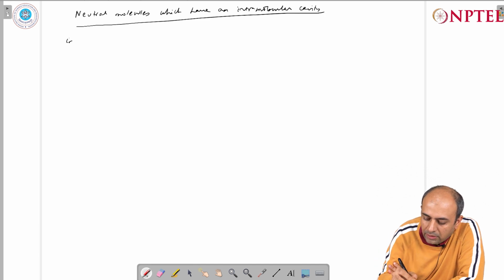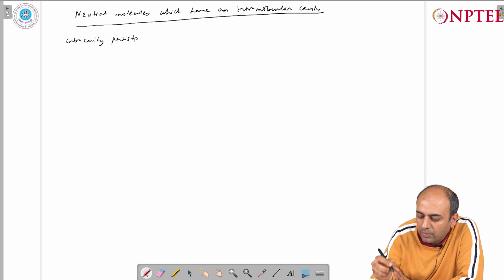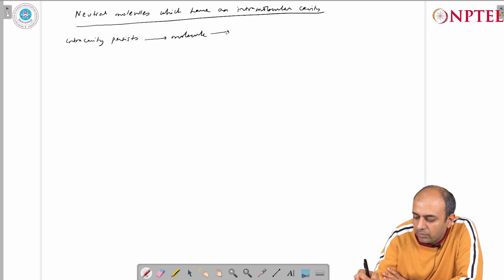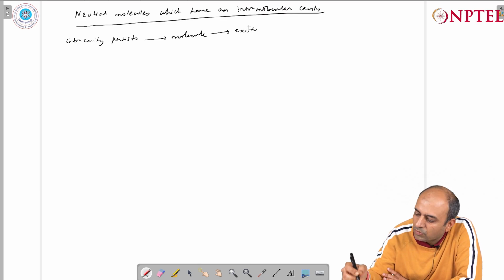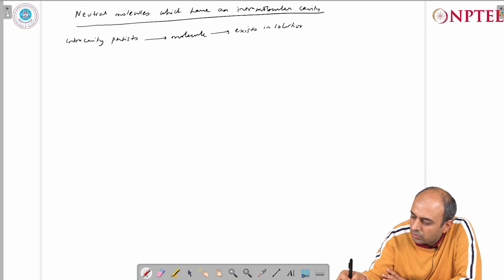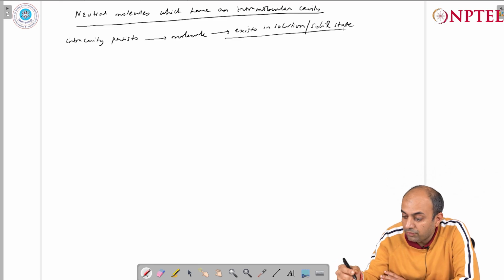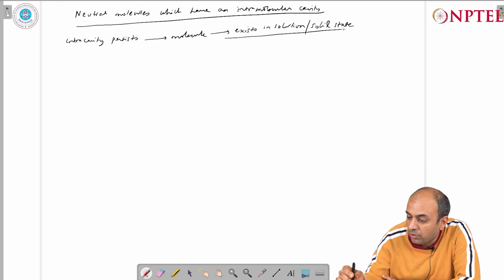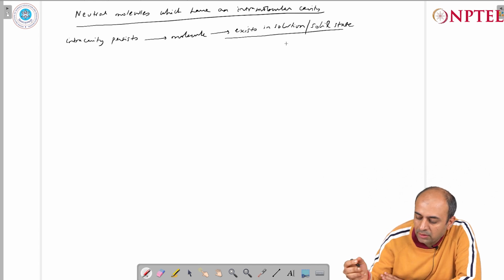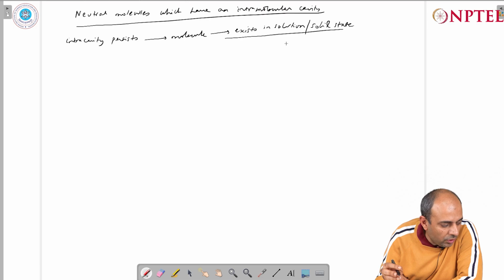So, this intracavity persists when the molecule exists in solution or in the solid state. And we have already discussed this. This refers to the formation of cavitates and clathrates depending on whether you have got an intrinsic cavity or an extrinsic cavity. And this kind of host-guest complexation